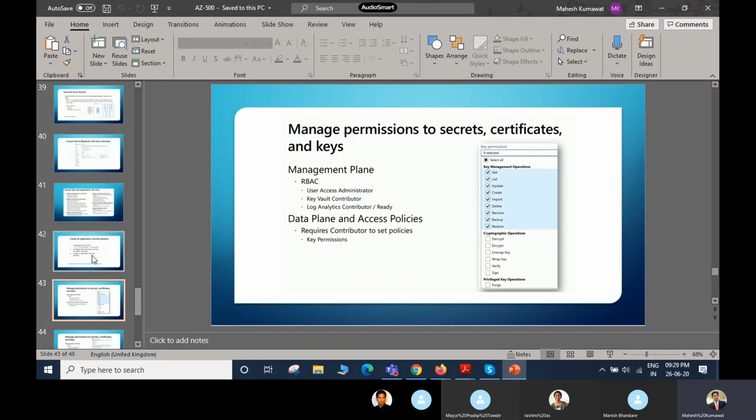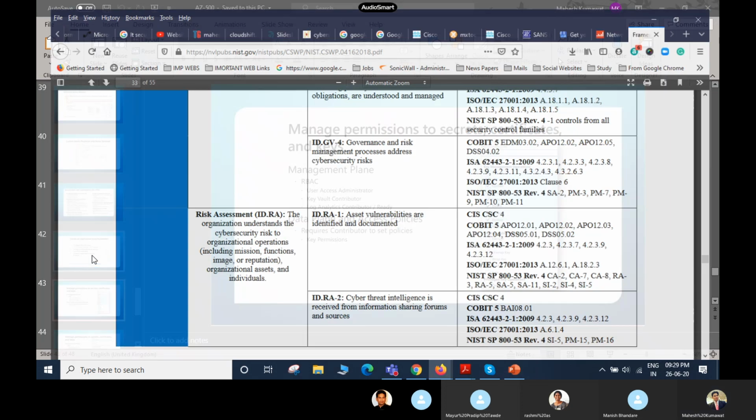In AWS, what are we going to do? Identity and access management, IAM, we're going to use it. We have AWS logging things, we're going to use it. So different services, you're going to use.